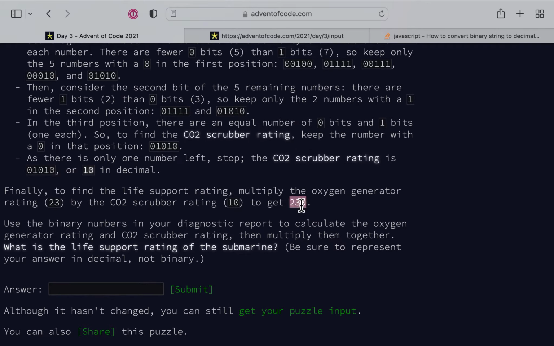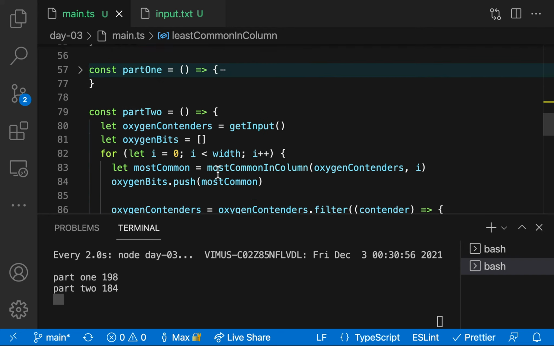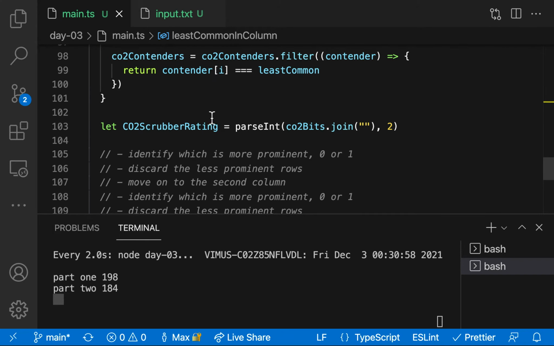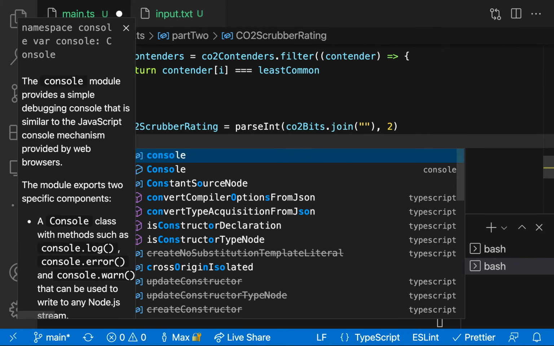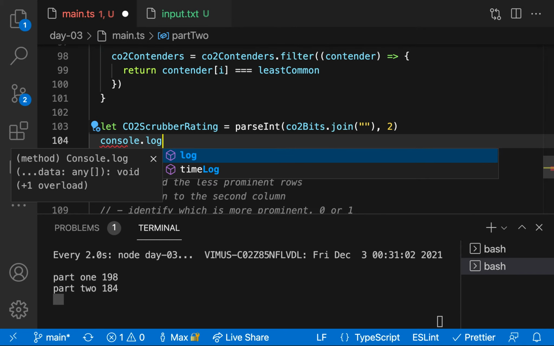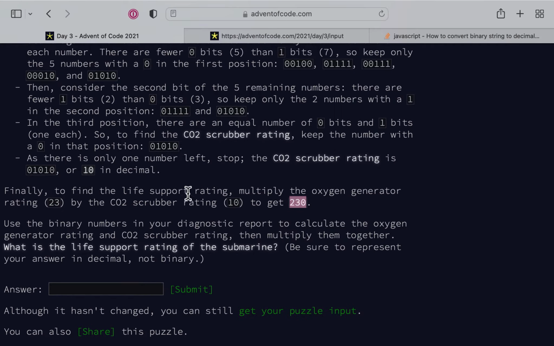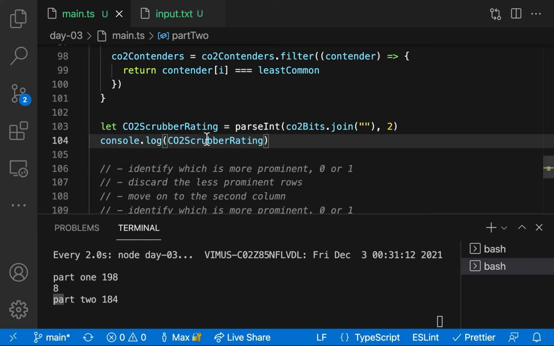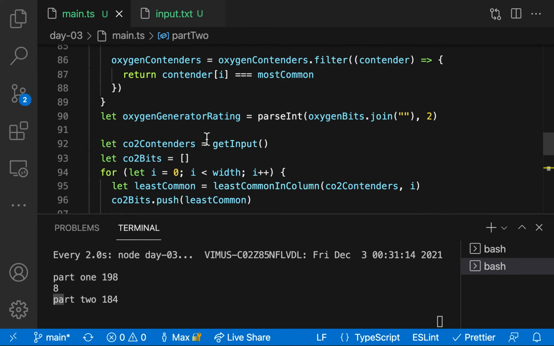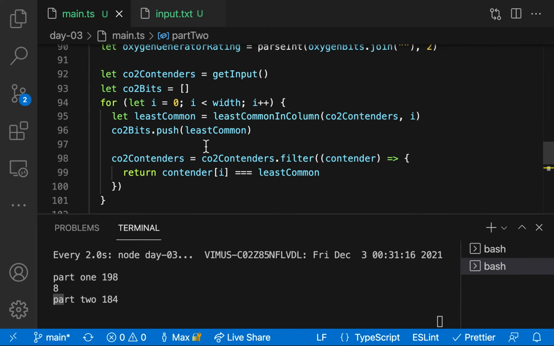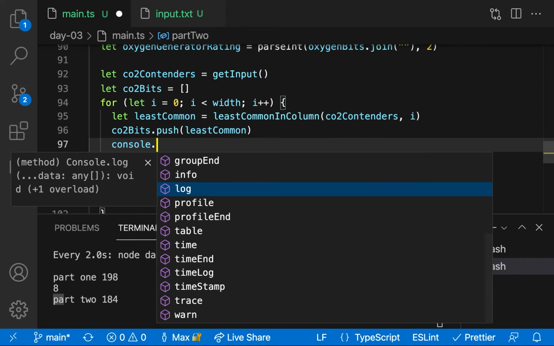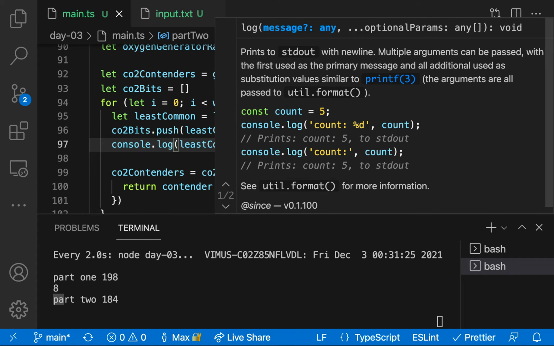No, it should be 230. Wait, so what is our CO2 scrubber rating coming out as? Console log. 8. It should be 10. So what are we doing wrong? It's okay. We'll figure it out. Least common columns. So let's console log least common. All right, so we're getting